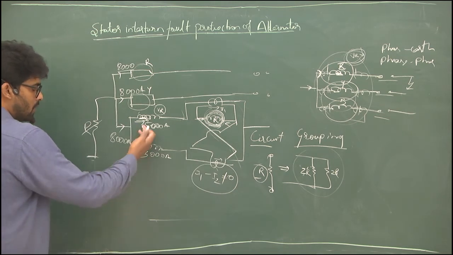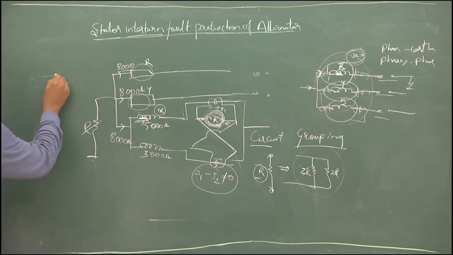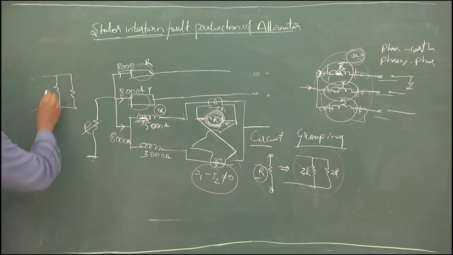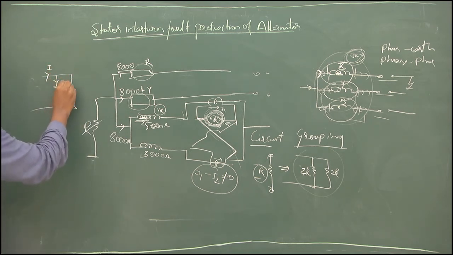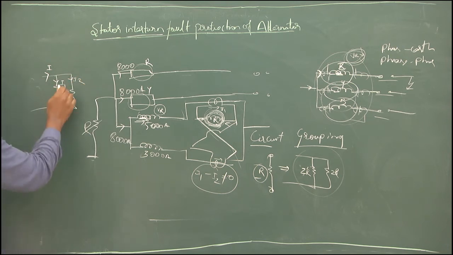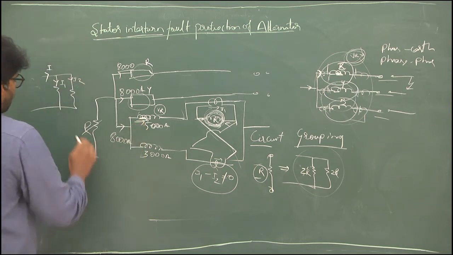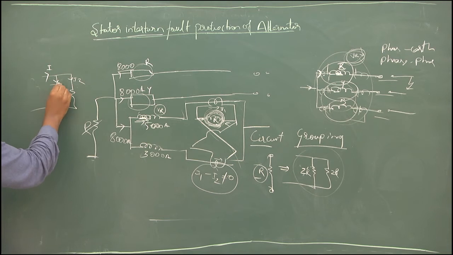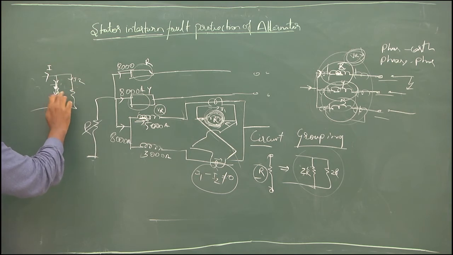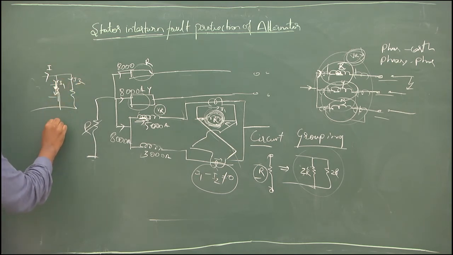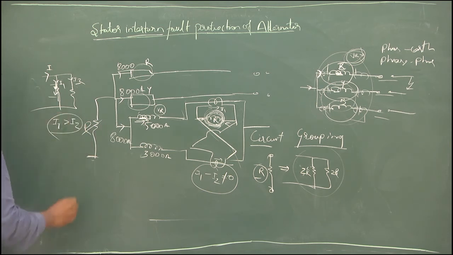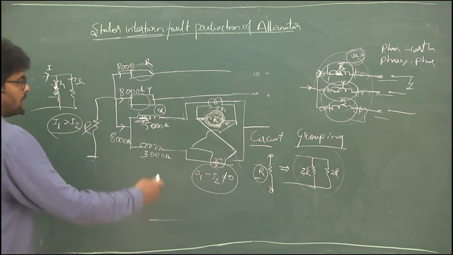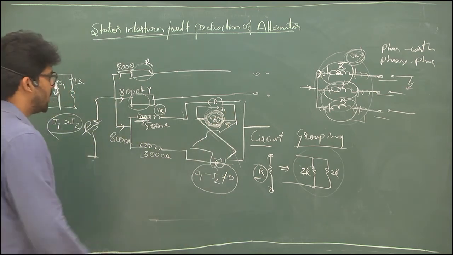So we need to understand in which circuit the current will flow higher. For example, to understand this, we have the current division rule. The total current I will be divided into I1 and I2. In the normal condition, I1 and I2 are equal. When the fault occurs, there is a drop in the impedance, and a drop in the impedance means high current will flow. So the resistance is less here, but in this one the resistance is more compared to this. Therefore, I1 will be greater than I2. There is a circulating current taking place at this point, and the relay coil will operate. Until that, it is fine.